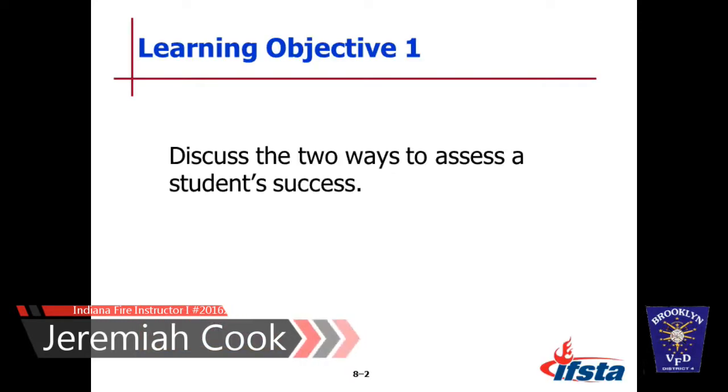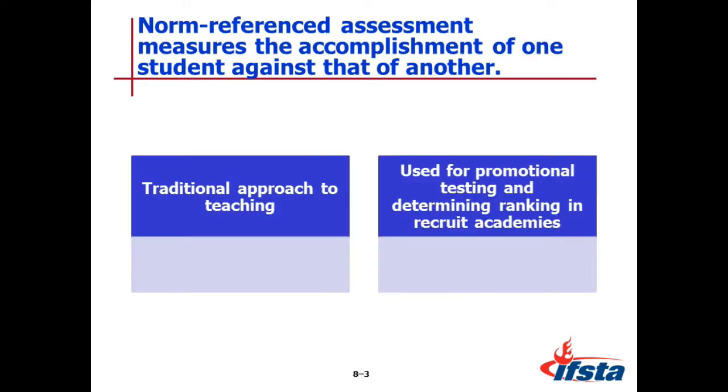Learning objective number 1, discuss the 2 ways to assess a student's success. There are 2 ways. This is the first way. A norm-referenced assessment measures the accomplishment of one student against that of others. This is the traditional approach to teaching, and we use it for promotional testing and determining the ranking of